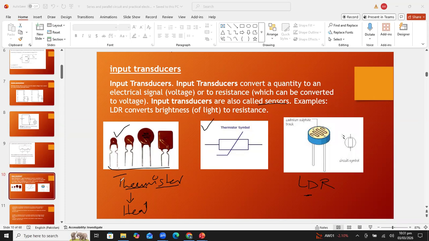Students, you have to draw this symbol in your register. It is important because most of the time in the theory paper, the examiner will ask you to draw the symbol of thermistor for 2 marks, and the symbol of LDR as well. So draw these two symbols. Thermistor symbol is very simple. It is a resistor with this line. And LDR symbol has a resistor with these two arrows which are showing that the light intensity is showering on this sensor, on this resistor. Draw these two resistors, students.